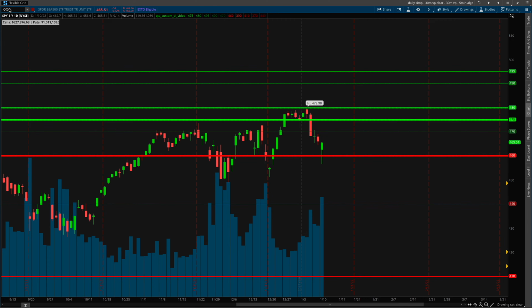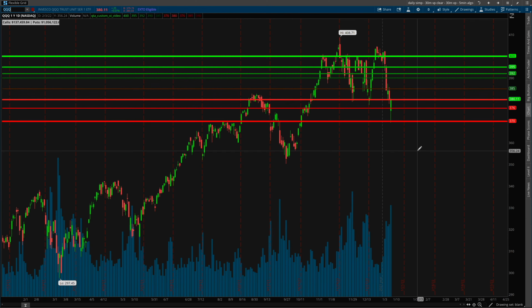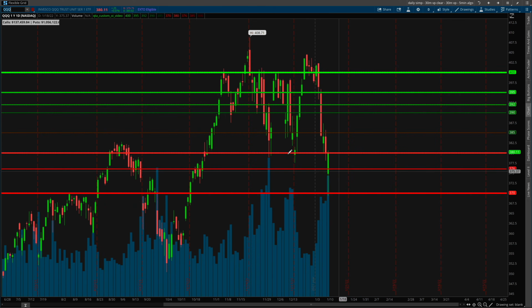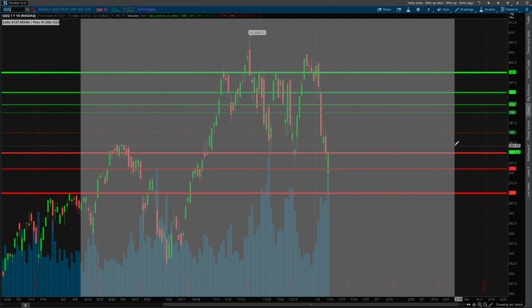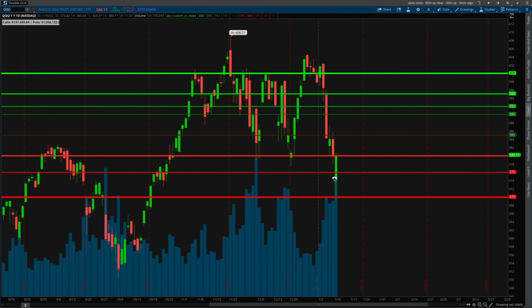Now if we jump to something like the QQQ, let's take a look. And now what we're looking at is the QQQ, so the Nasdaq. And right here, you can already see that the market gapped down today right here past the majority of the puts that were sold, and this was the highest open interest put on this week's expiration, the 370. When you know something like this, it makes it a very easy trade to actually go long on a day like this,